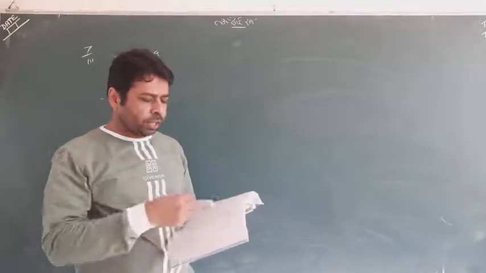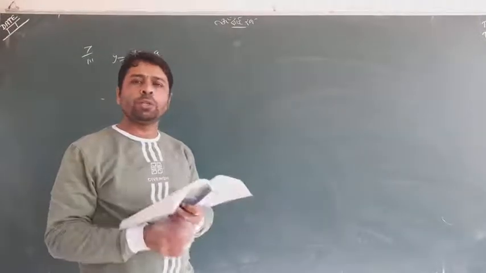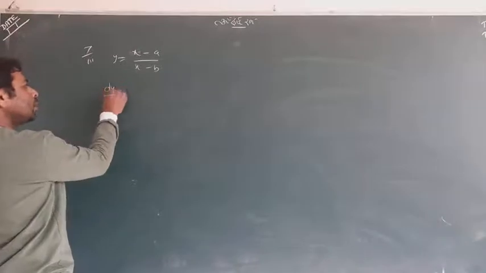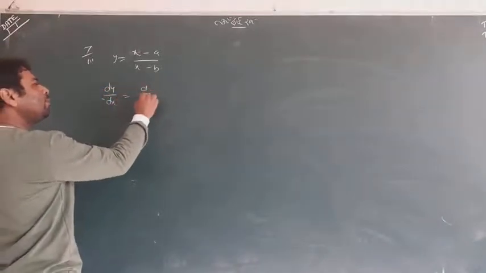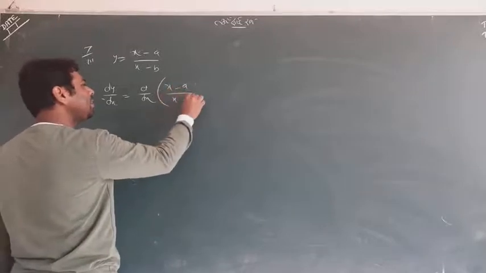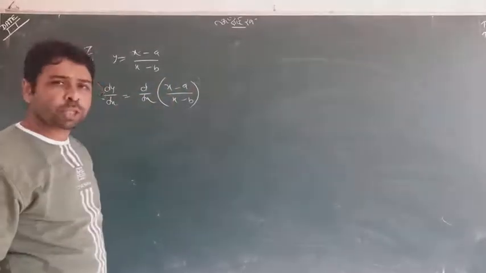So in this particular question, we are not told about the first principle, so we will use only the division formula, meaning the fundamental concept. So what will we use? Not writing very formal sentences, only applying d by dx both sides. So dy by dx equals d by dx of (x minus a) upon (x minus b).